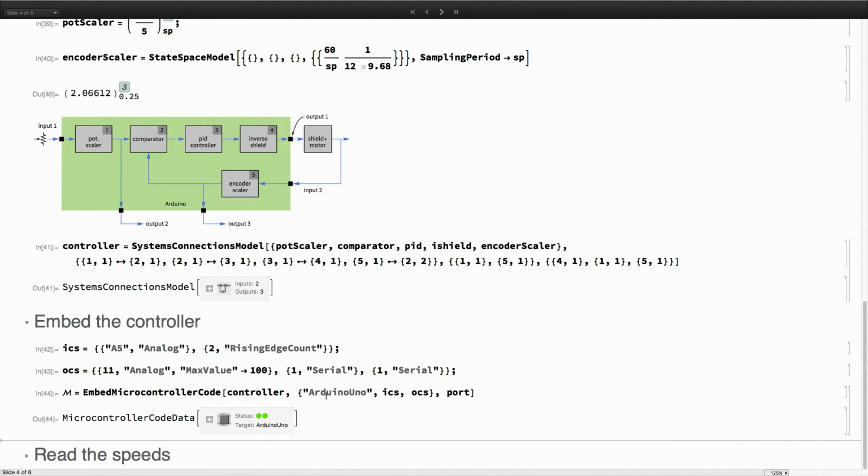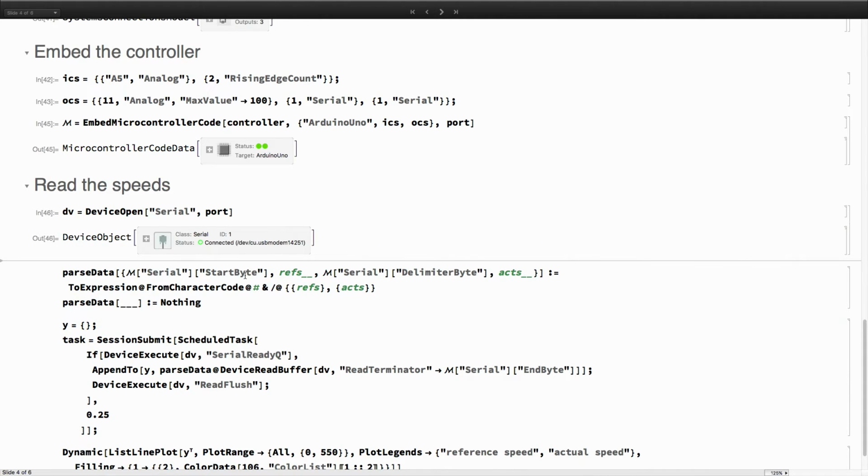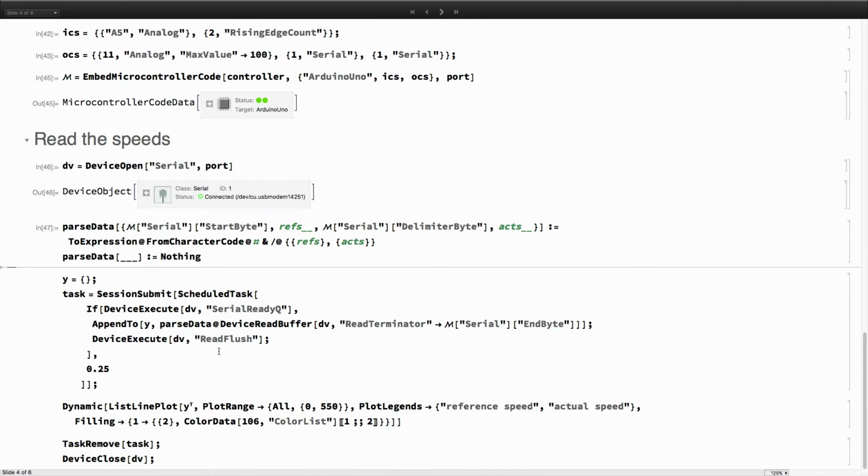Let me reevaluate that. Okay. So I'm going to do something similar to what I did with the temperature reading. I'm going to open a connection to that device. I'm going to create a parsing function that changes the raw bytes that are coming in into Wolfram Language expressions. And I'm going to set up a scheduled task that's reading the data, parsing it, and appending it to a list. And then I can,